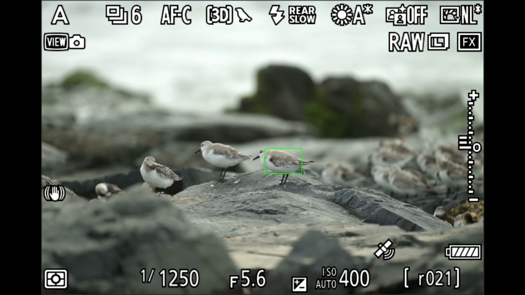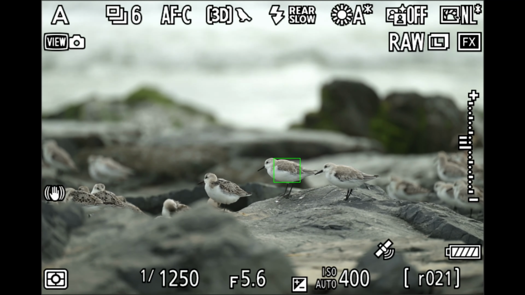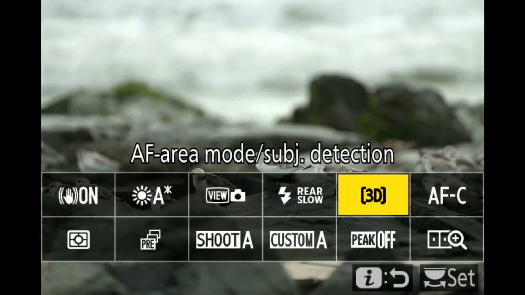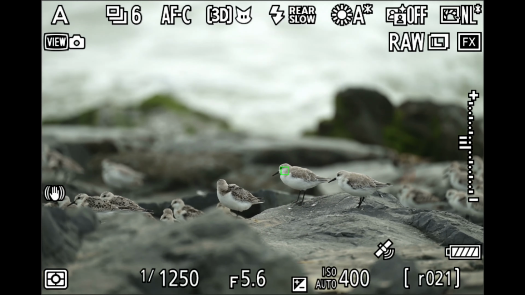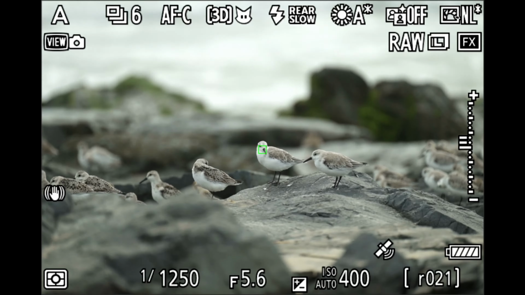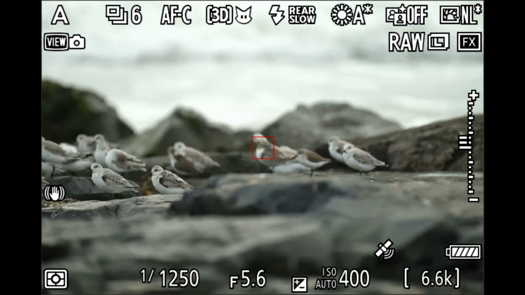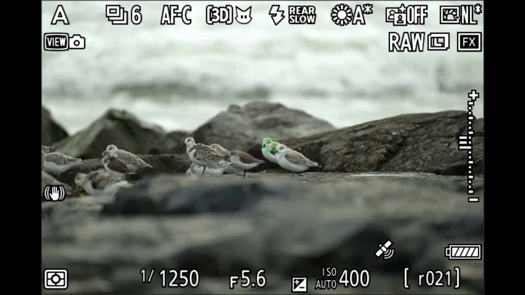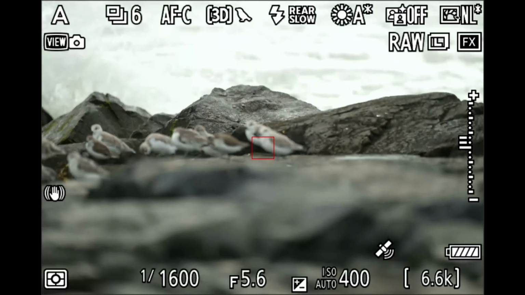I don't think we're getting quite as small, and if we switch over to this guy, we're getting a little bit of eye mix there, but it loves going to the body, and then when we go to animal, it just goes to the eye. Look at that. Switch over to this guy, right to the eye, switch back to this guy, right to the eye. If I hit any of these in here, animal is doing pretty darn good getting head and eye. And if I switch back to bird,